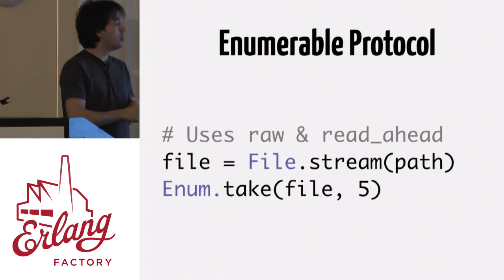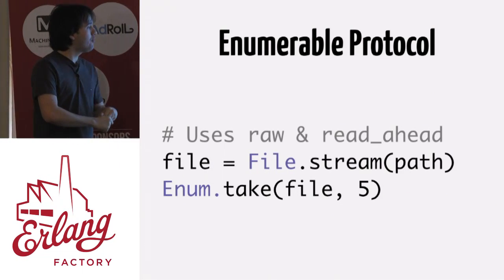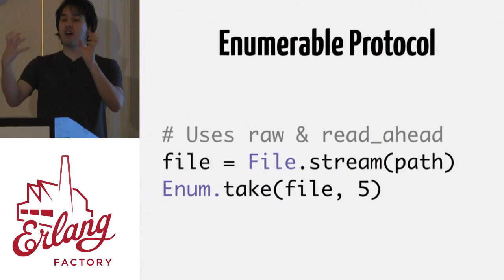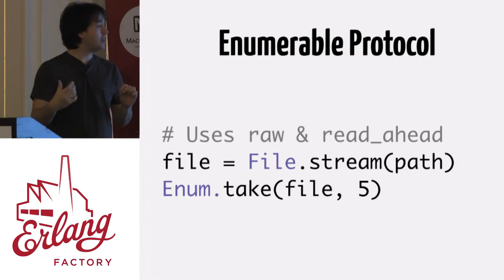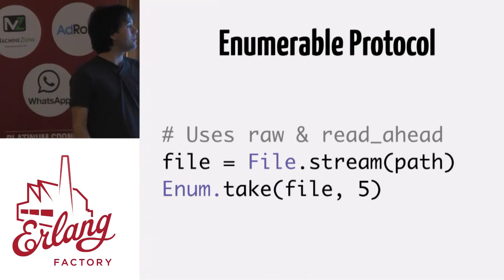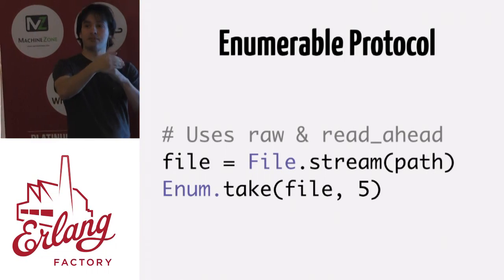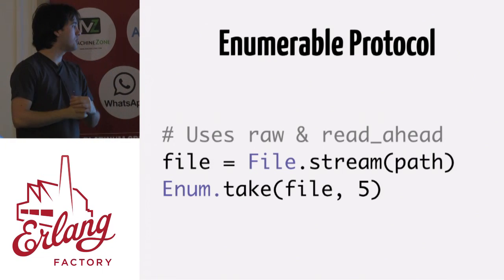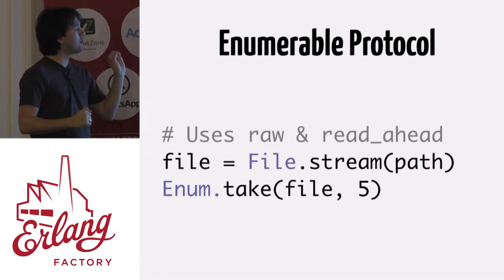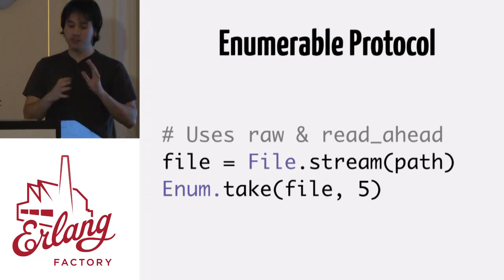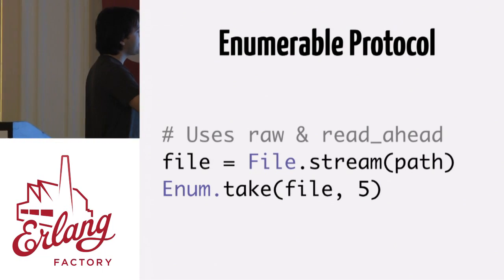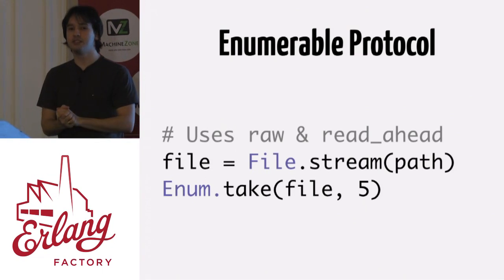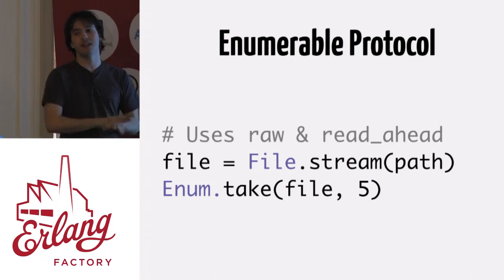Okay? So here's an example. In Elixir, if you have a path to a file, you can get this file as a stream, as a collection. And then, by default, File.stream is going to get a file and traverse it per line, considering that every line in the file is an entry in this collection. So here's Elixir code for taking the first 5 lines of a file. That's all you need to do, right? You create a file stream, and then you say, I want to take the first 5 entries. By default, it considers every line an entry, and then you take the first 5 entries. It's the same function we use to take the first 5 elements of a list.